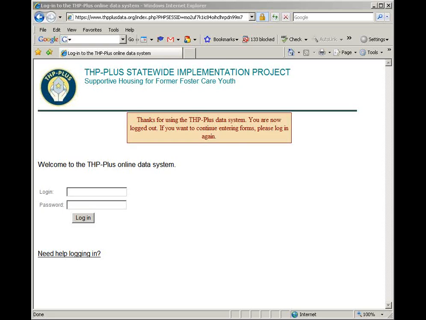Another question is from a provider that's been using paper forms, which is great, and it says, do we have to enter all that data into the online system, and starting with what date? For those of you that mailed us your paper forms by the deadline at the beginning of November, we will be entering those forms into the system. For those of you who have been completing data forms but didn't mail those to us, then you will be responsible for entering all of that data in when you get your login and password.